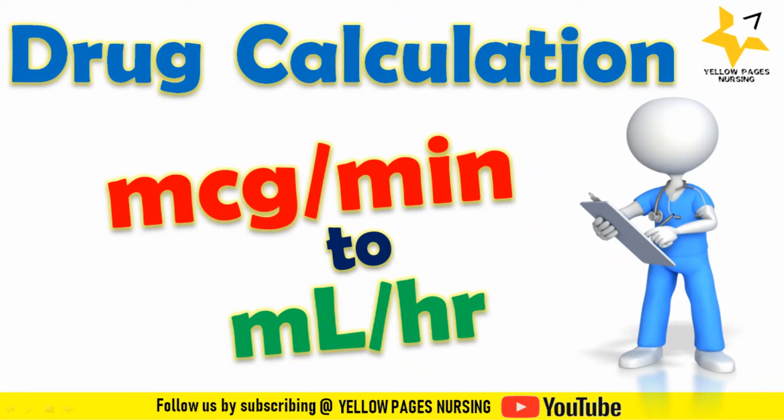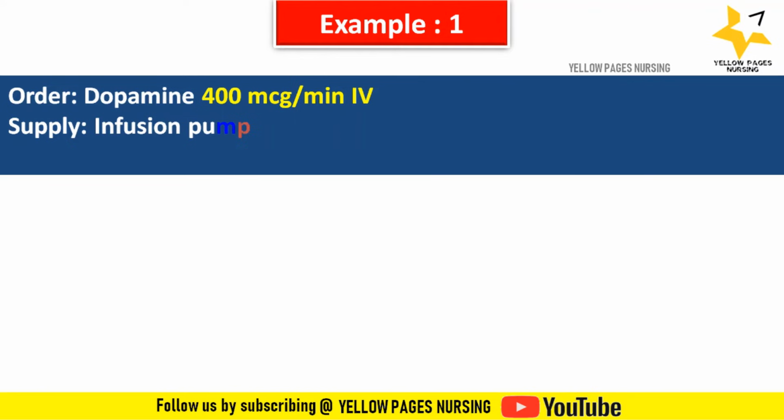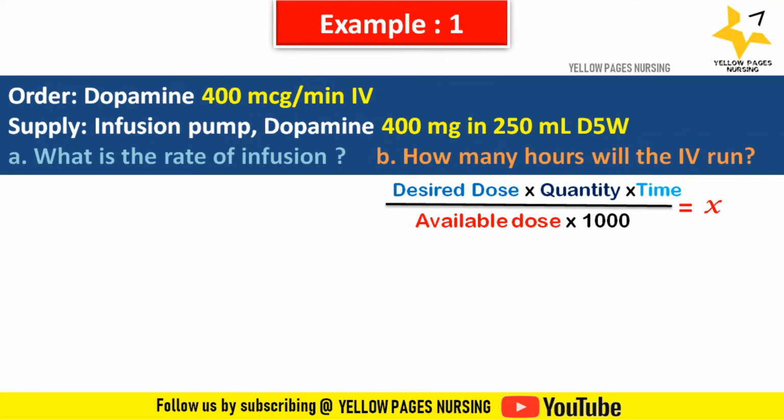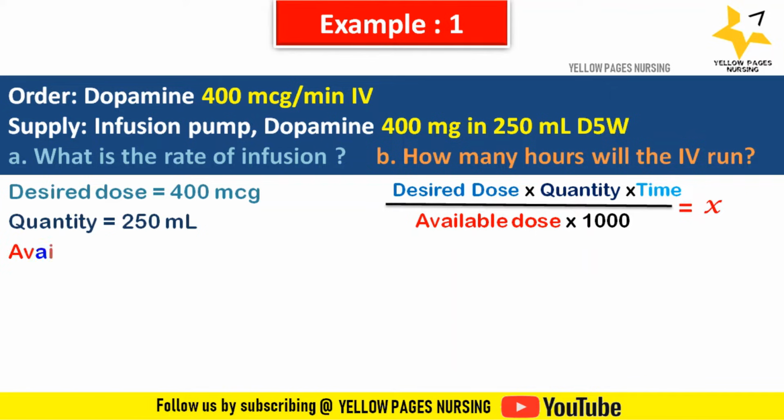Next example, to convert microgram per minute to ml per hour. Doctor's order: dopamine 400 microgram per minute IV, supply infusion pump, dopamine 400 milligram in 250 ml D5 water. What is the rate of infusion? How many hours will the IV run? Here the formula is desired dose multiplied by quantity multiplied by time divided by available dose multiplied by 1000, which gives X. The desired dose is 400 microgram, quantity is 250 ml, available dose is 400 mg, time will be